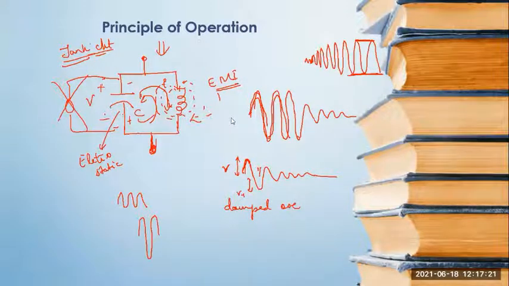Coming to the principle of operation, we generally make use of an LC tank circuit. So usually we have an LC tank circuit which would be connected in parallel, and we are going to supply some instantaneous voltage to charge the capacitor to start off with, and then we'll remove that voltage, or we can create some instantaneous current flowing through this to charge the capacitor, and after that it's not there.